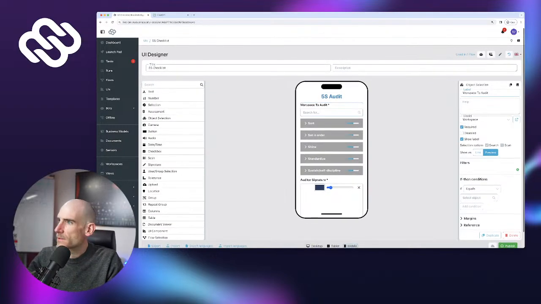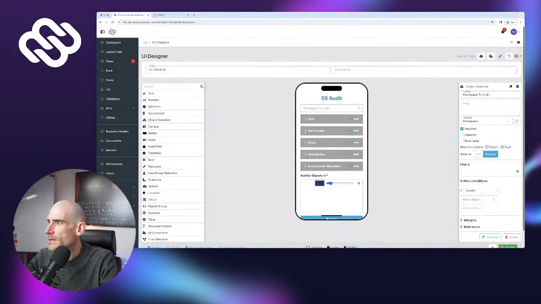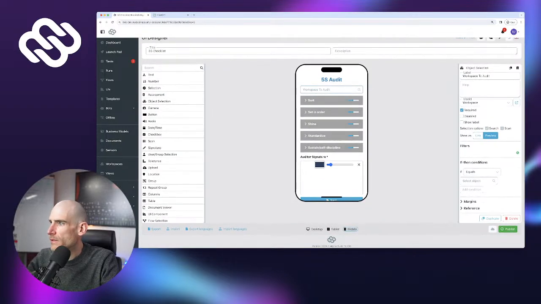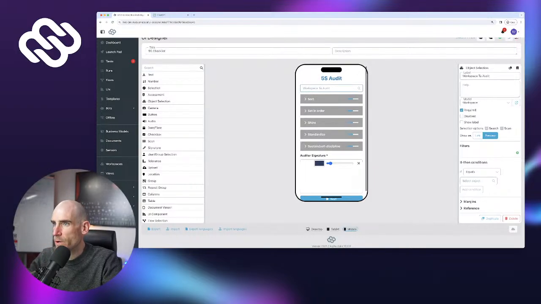We want to select the workspace that we want to audit, and I don't need this. I want to have this preview mode. Yeah, I think that's good. All right, and it's required. So now I do have the information about the workspace that we're auditing,